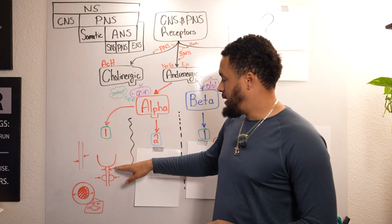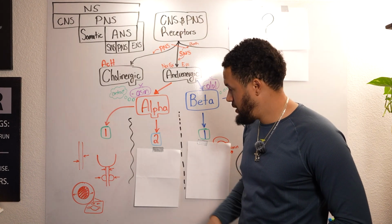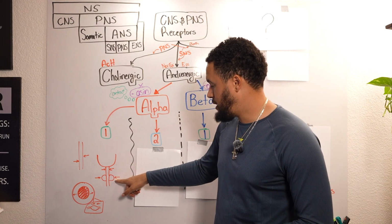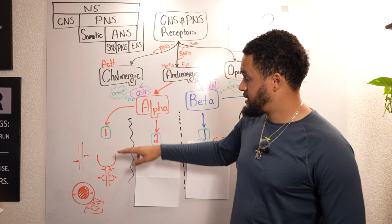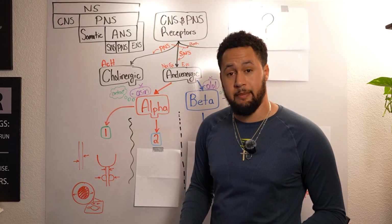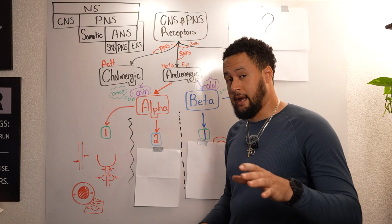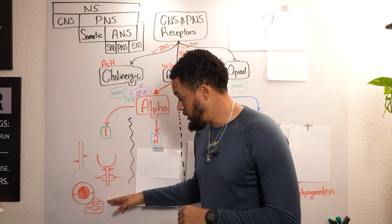Not only that, but the urine inside of the bladder, it's going to constrict those areas as well as the prostate. The prostate is going to constrict there too. Surprisingly, it's also one of the ways that ejaculation happens. So ejaculation is on there too. I don't know what that has to do with bears, but that's okay. We're going to go straight down to